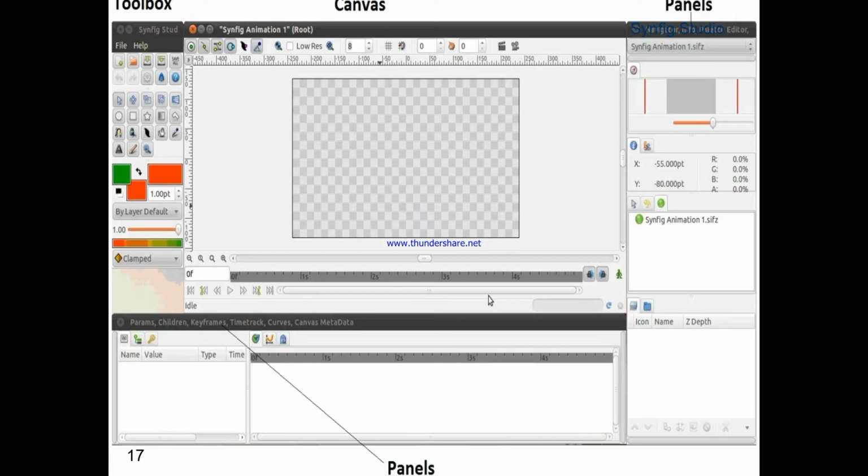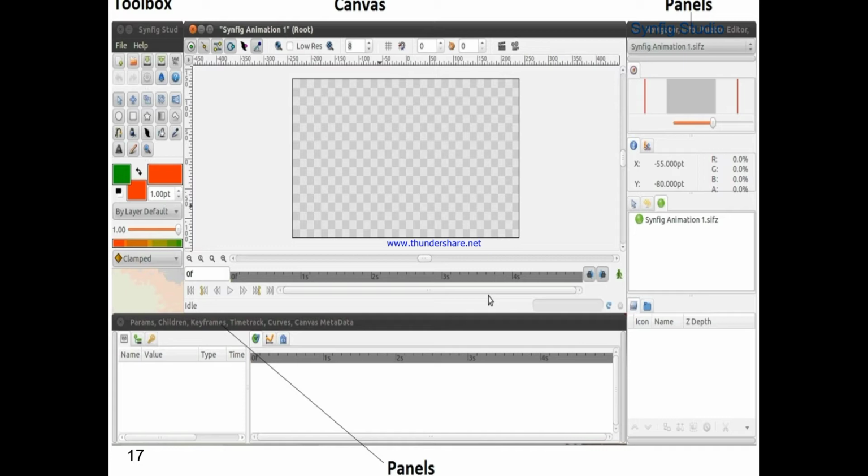Now we can see the interface of Synfig. They have one toolbox, canvas, some of the panels and some of the bottom panels, which are utilized for the different requirements of the user.